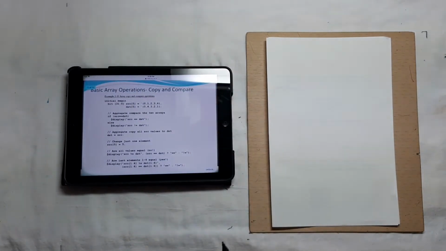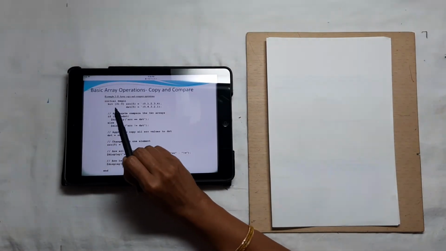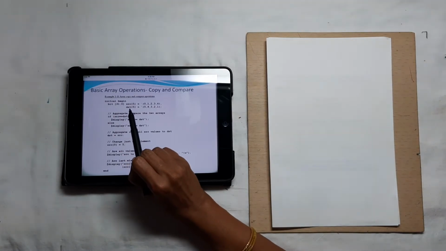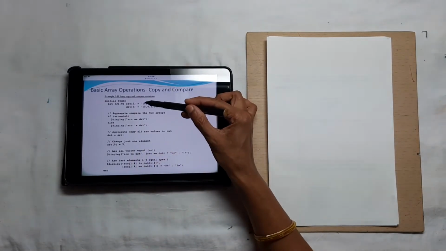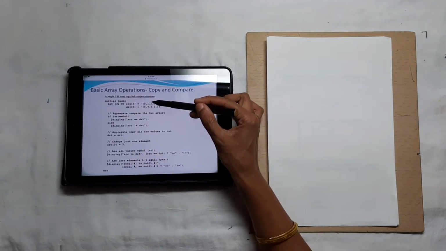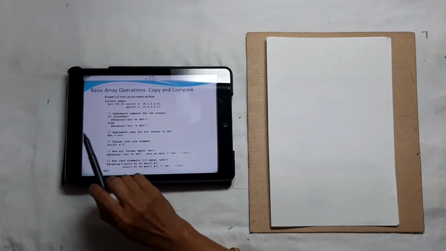Now we will see the basic array operations with respect to copy and compare. As usual, copy is for copying and compare is for comparing the two arrays. The declaration here is bit 31 to 0, SRC and DST are arrays, and they have the initial values of 0, 1, 2, 3, 4 and 5, 4, 3, 2, 1 for source and destination.